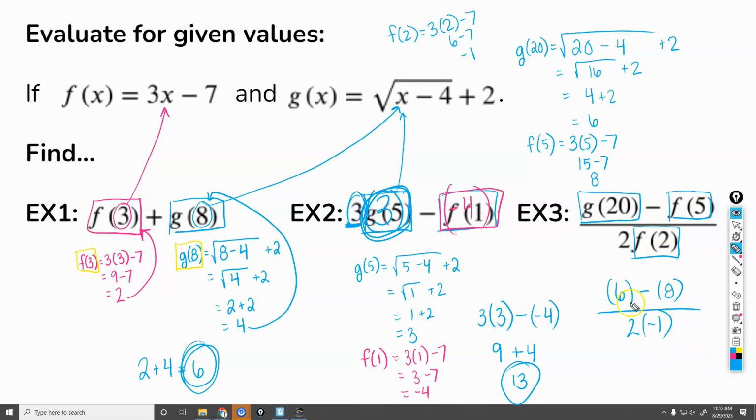All right. So 6 minus 8 would be -2 there on the top. 2 times -1 is -2 on the bottom. I get a +1 for that. Okay, so